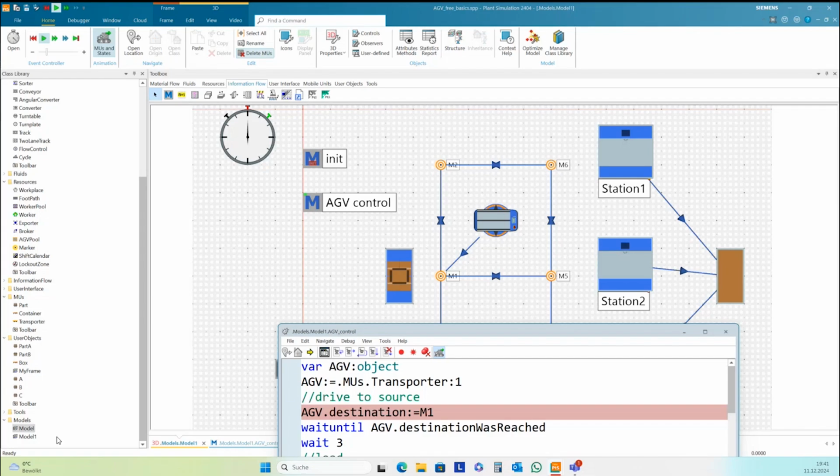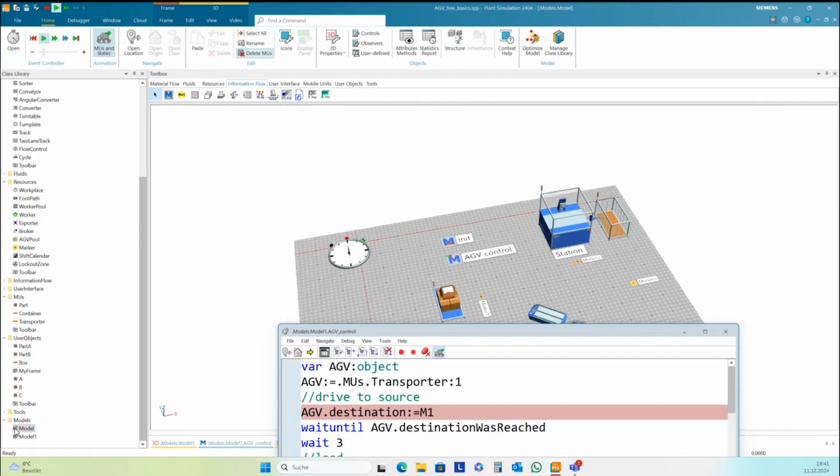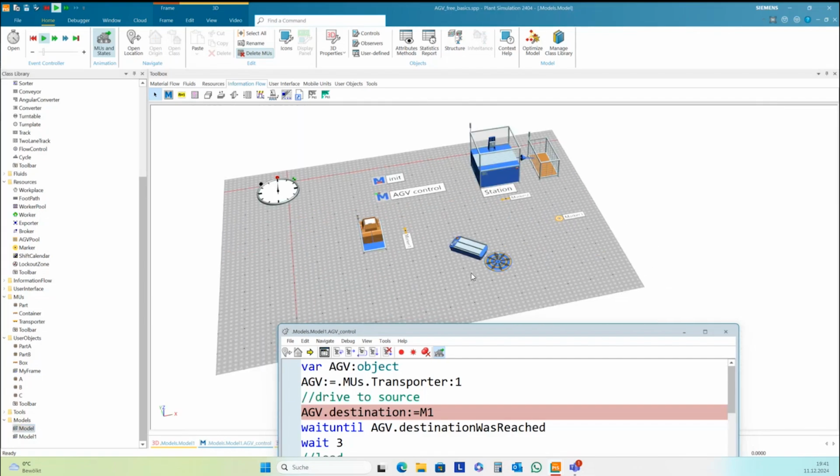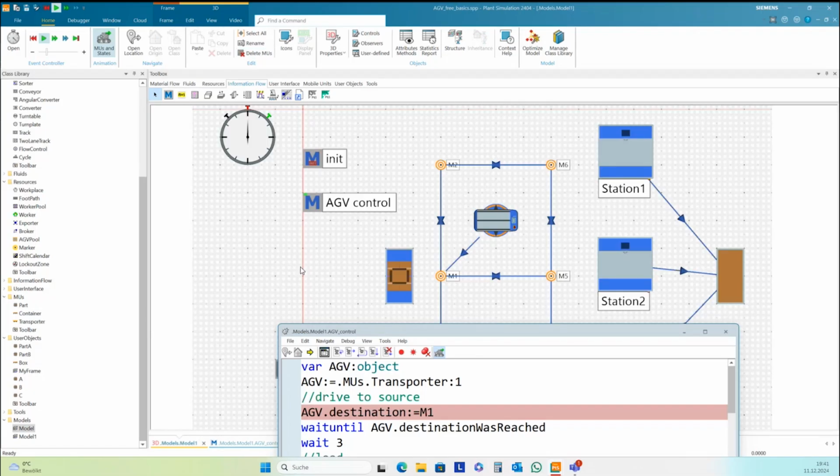If you have on another model here an HEV, then this HEV is transporter 0.1. This is the first instance. And if you start another model, then this becomes transporter 2 on HEV pool.